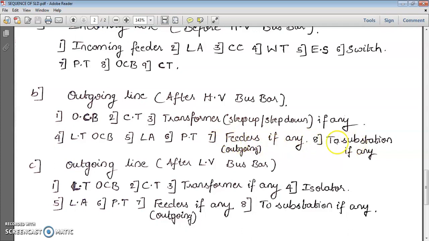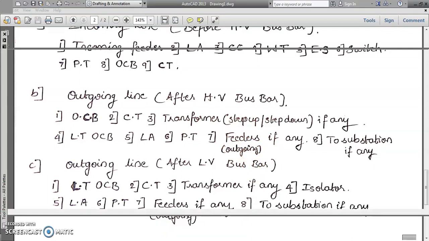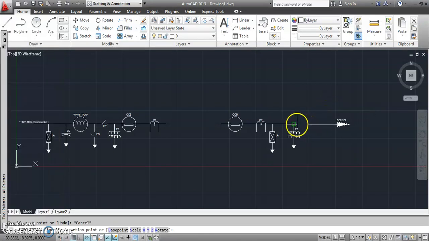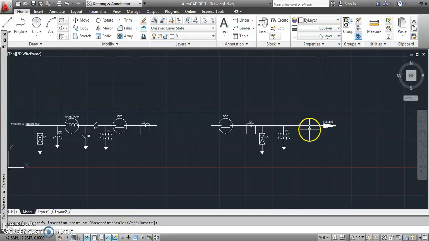So that is actually a feeder, one outgoing line, so I shall draw one feeder there. Okay, outgoing line. And to substation if any, are we giving to any substation? That is not present in the problem, it is just given as one outgoing 110 kV line, so this will be ignored. Only one feeder I shall draw, that is one outgoing line. You can see how I drew a feeder over here, just connect it. Okay, so this is your feeder, so one outgoing line. So I shall copy this and paste it here somewhere.